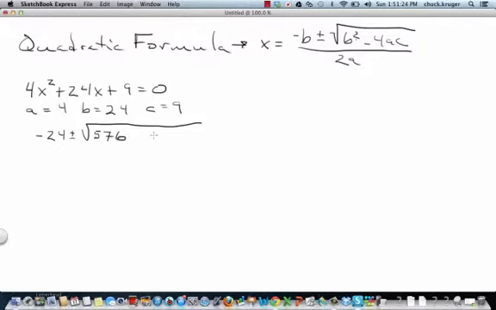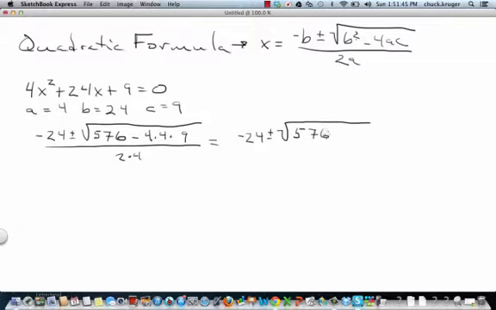So 24 squared, you may want to check that, minus 4 times 4 times 9 all over 2 times 4. So that's going to give me a negative 24 plus or minus the square root of 576 minus 16 times 9, I think that's 144,